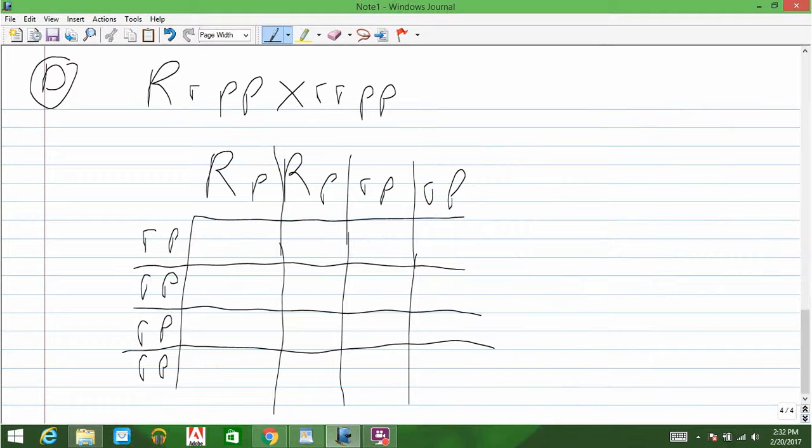All right, and then we're on to D. So we're going to have all the p's in here are recessive. So this whole first row is going to be rose. This whole second row is going to be rose. And then the rest of these are all going to be recessive, recessive, which makes them singles. Single, single, single. So that's basically going to give you a 50-50 ratio of rose to single.